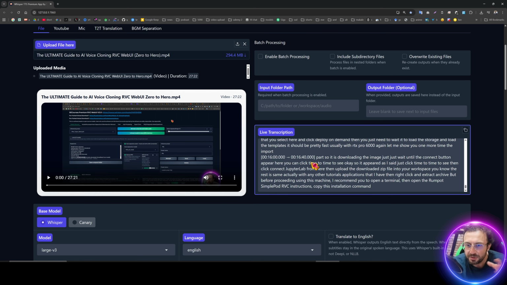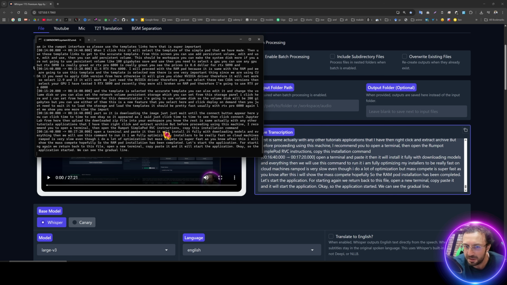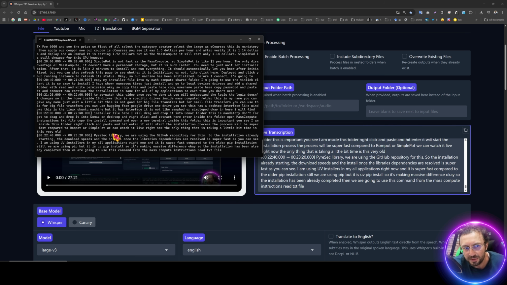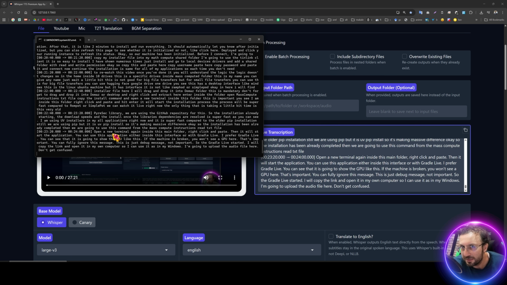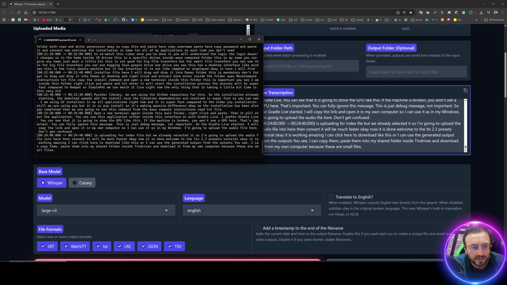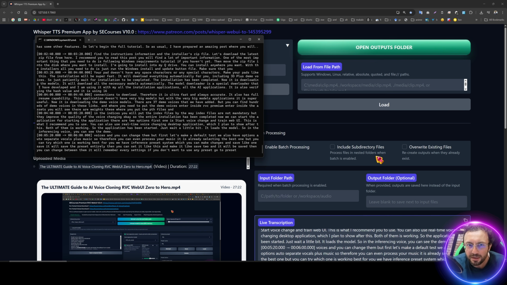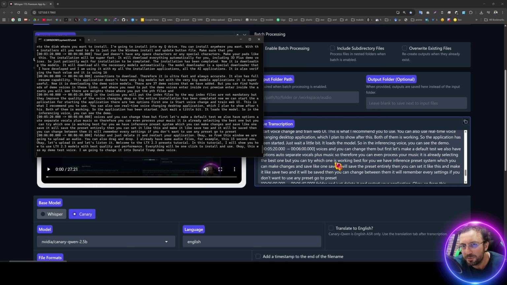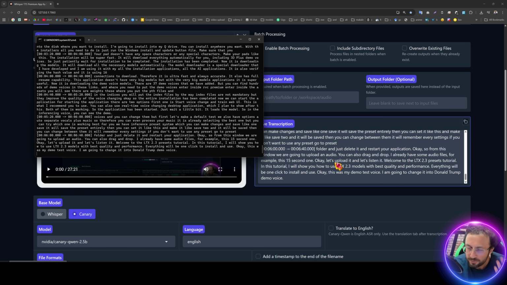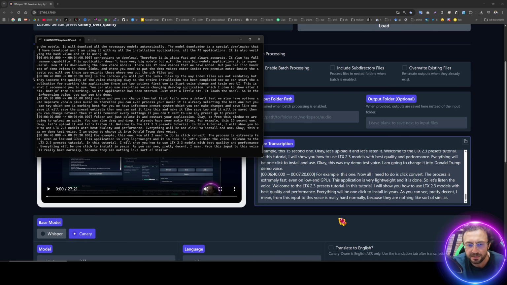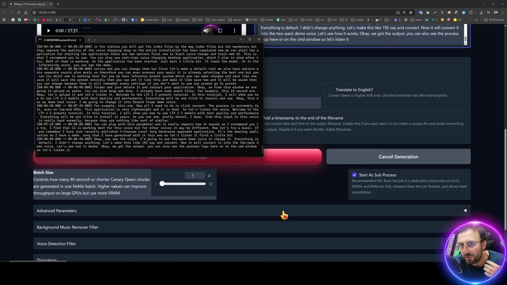Transcription almost completed. You can see the speed, it is just amazingly fast. I like this model, so this model is now my new default model, but you can always use other models to test. If you encounter any issues, just message me from Patreon or from Discord, or from YouTube leave a comment. Check out all the features of the application.